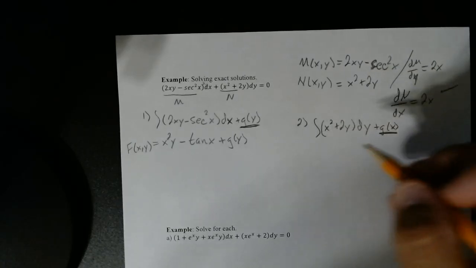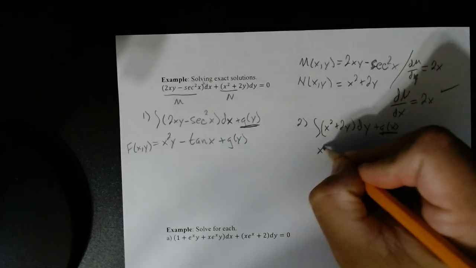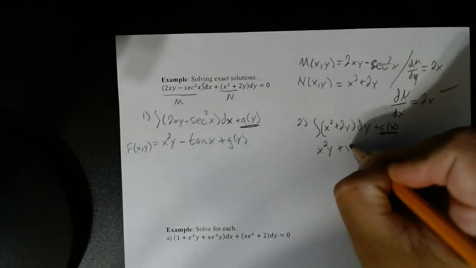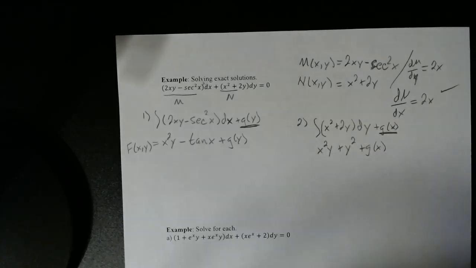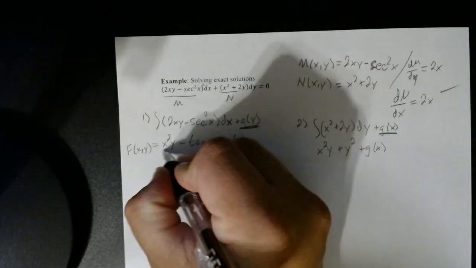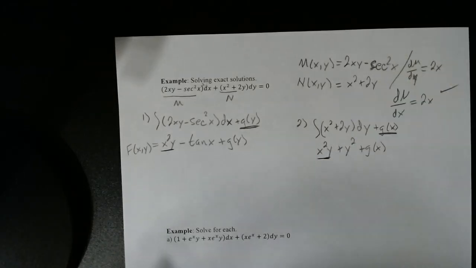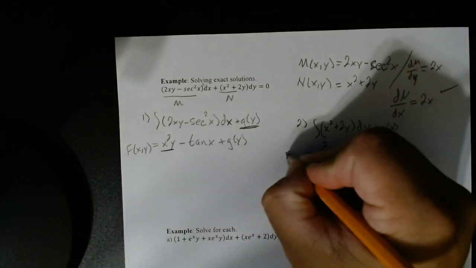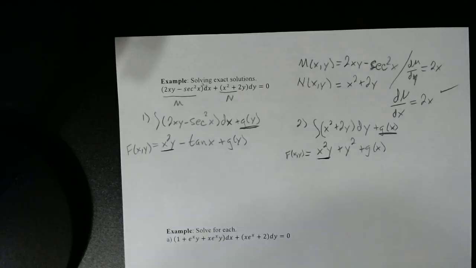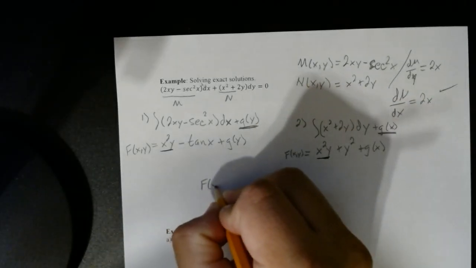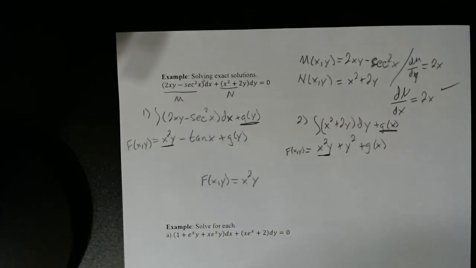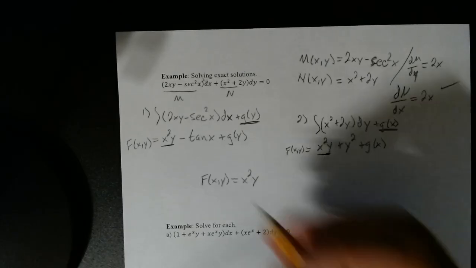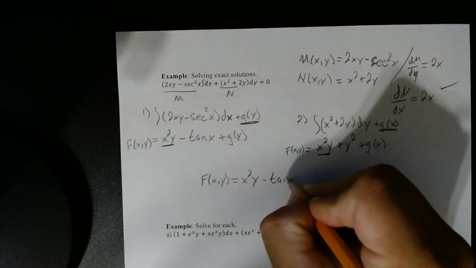Okay, so this ends up being x squared y plus y squared, again plus this g of x. All right, so now notice they have this in common, which is great. So therefore I know that in my f function we have x squared y, because they both have that individual term in common. Now I just put everything else that they don't have in common. So minus tan of x